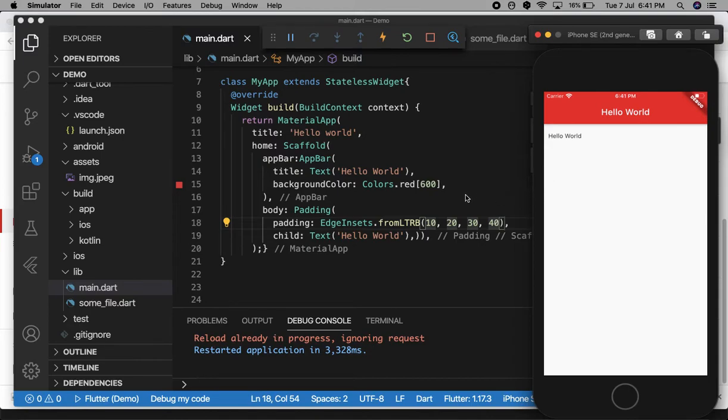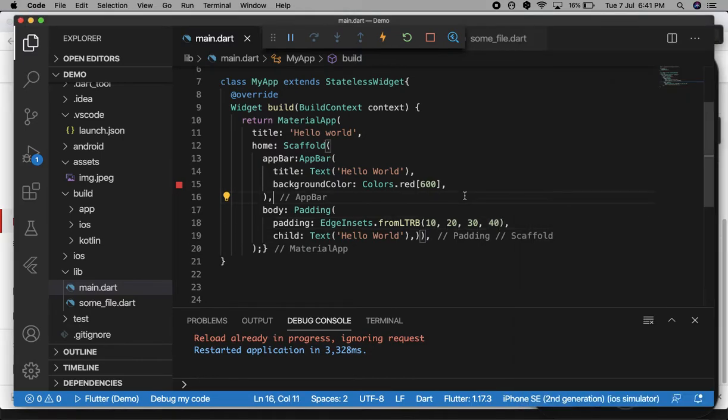So this is all about the padding widget. The padding widget can be used for any widget because it takes space inside the widgets.